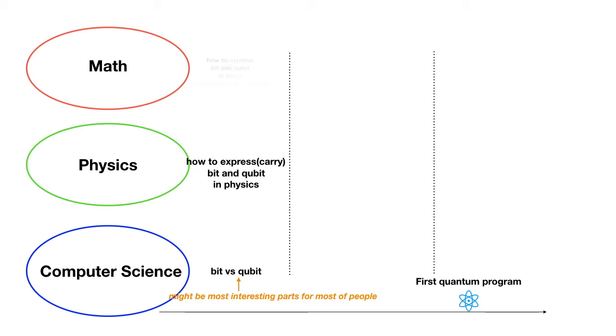Another important thing is to figure out how to express the bit and qubit in math. It only makes sense if we can manipulate multiple bits or qubits at the same time to build an algorithm. For the classical bit, basically it is a fixed point in 2 to the n space, but the quantum bit is a mixture of the basis vectors in 2 to the n space. There is another concept called amplitude, so you could search it online to get more information.